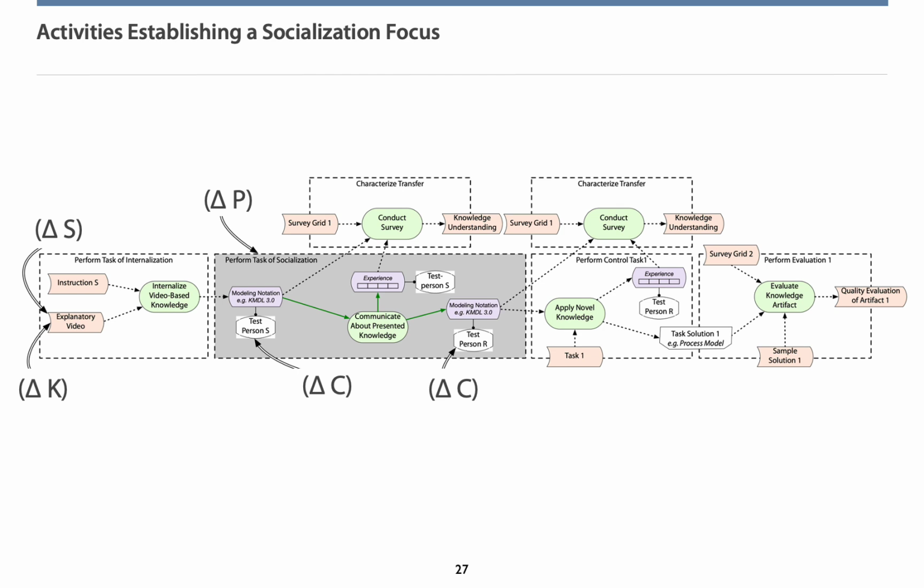Assuming to have only two levels of competence, which are competent and more competent, the experiment will take 4 kinds of teams. First, teams that have only competent members. Second, teams that have only more competent members. Third, teams with a competent knowledge source and a more competent knowledge receiver. Fourth, teams with a competent knowledge receiver and a more competent knowledge source.